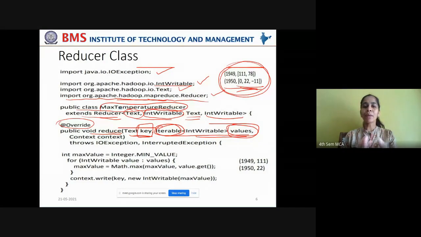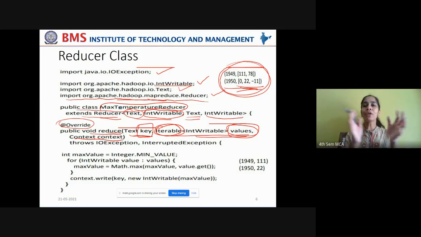Okay, these two parameters will be passed to this reduce function. And do not forget to add the context object as a parameter. Very, very important, because the reducer also has to pack its output into a context object, which can be passed further to the client as output.